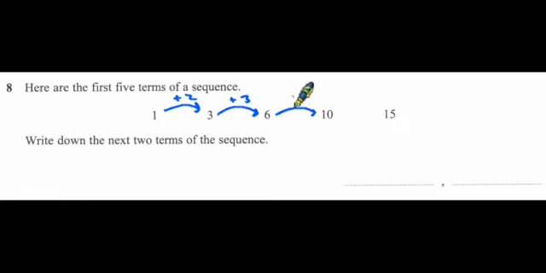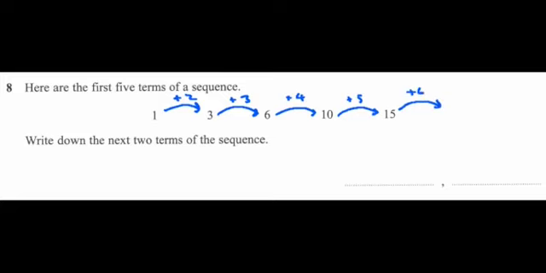From 6 to 10 has gone up by 4, and 10 to 15 has gone up by 5. So looking for a pattern, the gap between each term is increasing by 1 for each step that we make. So plus 2, plus 3, plus 4, plus 5. Therefore, the next step is